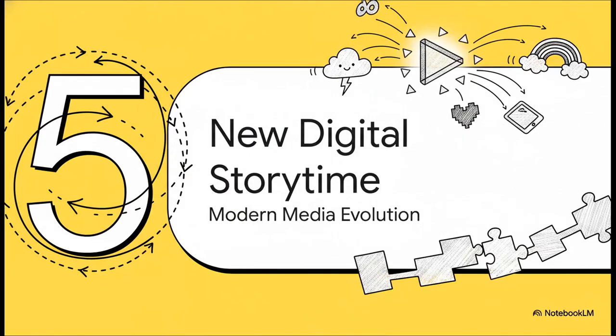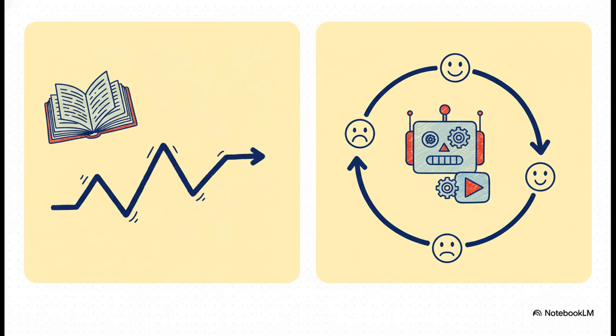So let's zoom out. What does all of this mean for the bigger picture? Well, this style of content really points to a fundamental shift in what we even think a story is in our digital age. I mean, the difference from the kind of storytelling we all grew up with is stark. Classic stories are about plot progression, about character development. This new model is all about emotional loops and optimizing for engagement. It doesn't have a beginning, middle, and end. It just has a cycle that is literally designed to go on forever.